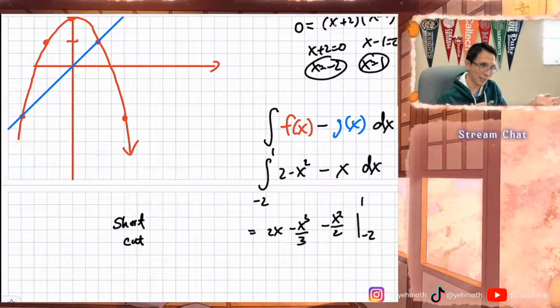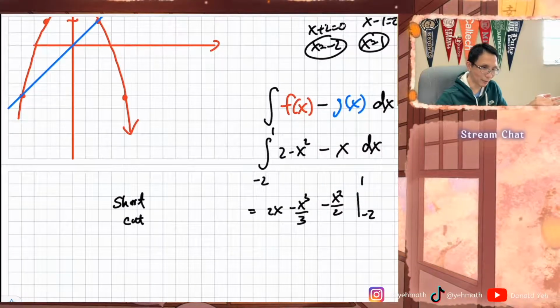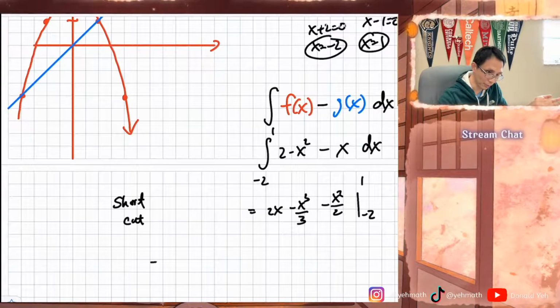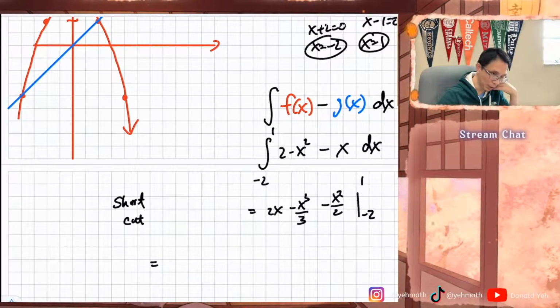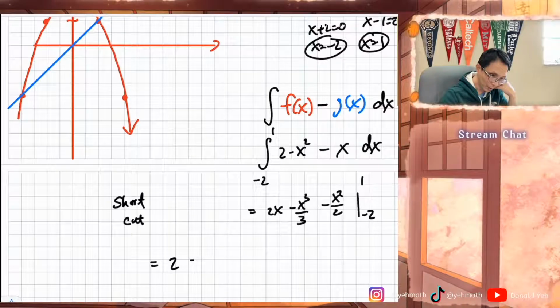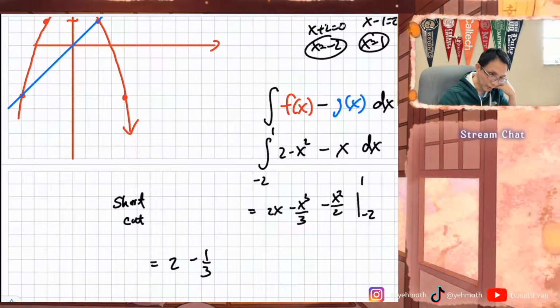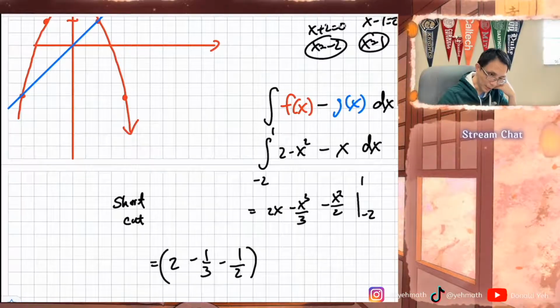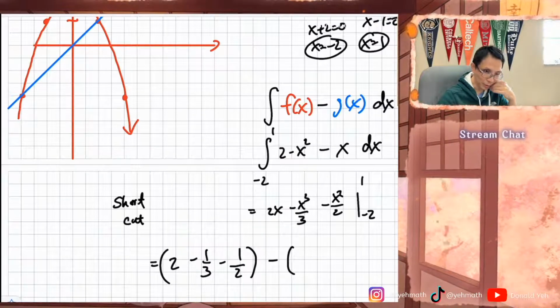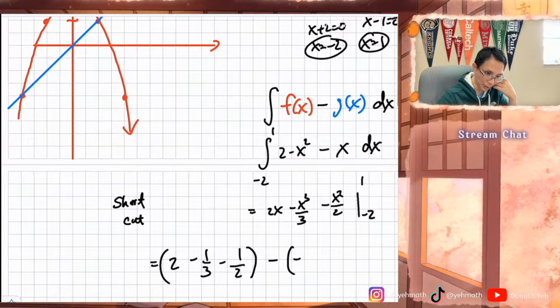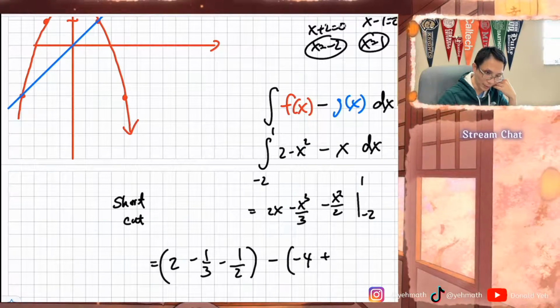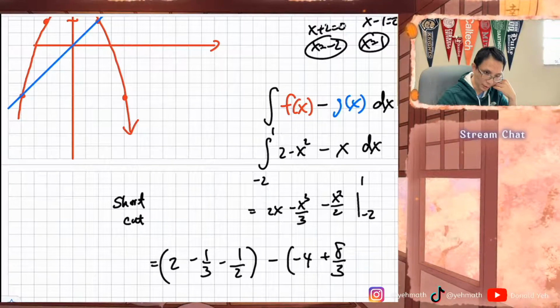This is not that easy. This is kind of different, so I have to really figure out how to do subtractions of fractions. But now I'm going to plug in. 2 minus 1/3 minus 1 squared over 2, so it's half. And then minus another value, which is at negative 2. Negative 2 times 2 is negative 4. Negative 2 times 3 is negative 8. So it'll be positive 8 over 3. And this one's going to be plus